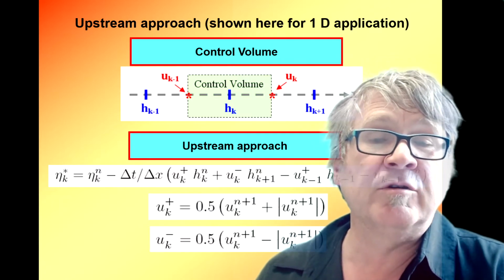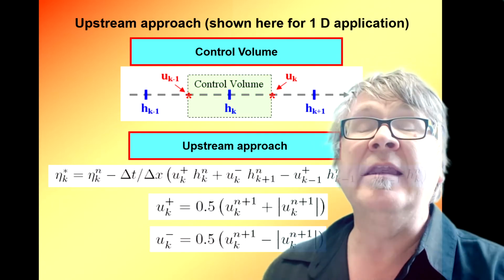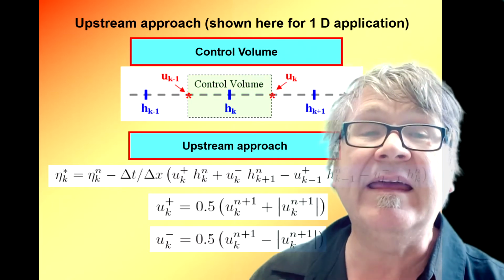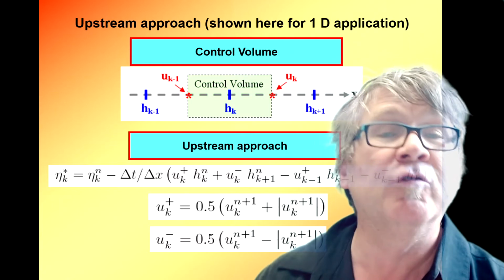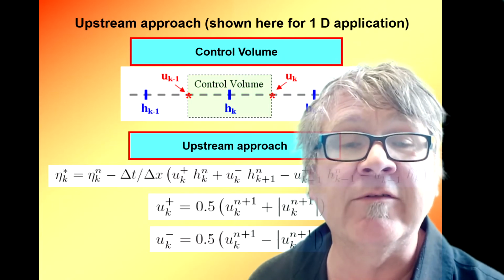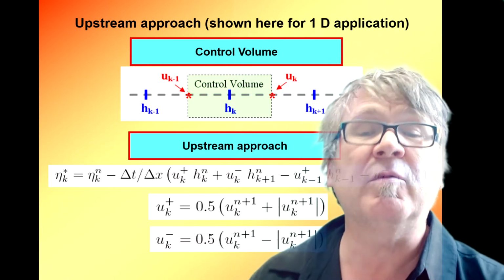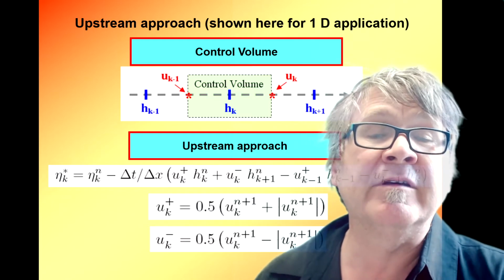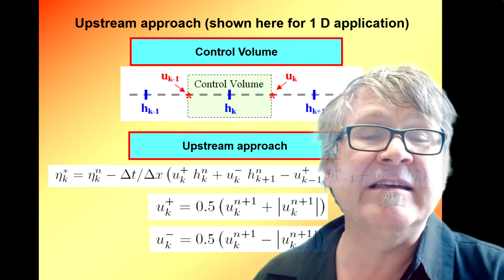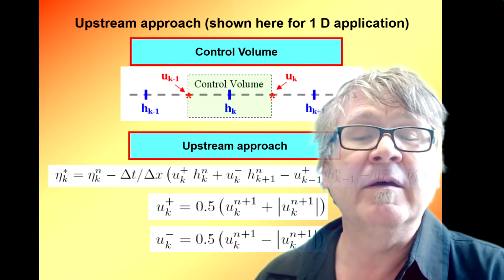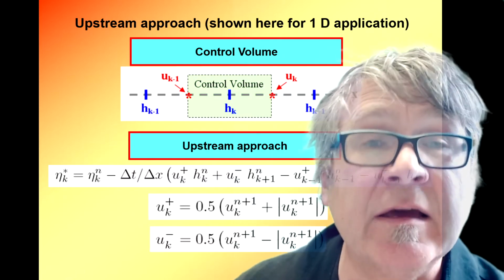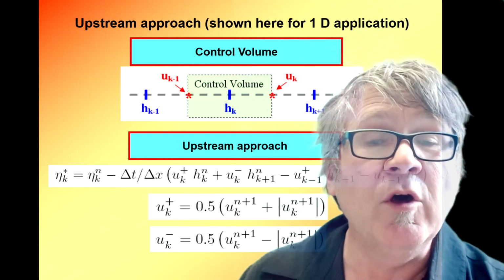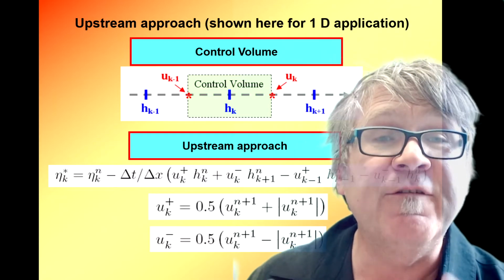H is the total water depth, and now you move volume into your control volume, or you export volume from your control volume. Okay, so now what you have to do is you have to look on the right side, the eastern face. Okay, and now it depends on the velocity, on the direction of your flow, which H value you